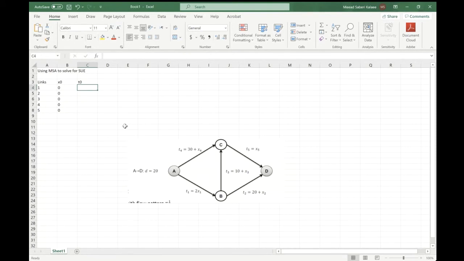So T0, what is the travel time of link 1? It's actually 2 multiplied by x1. Travel time of link 2 is 20 plus x2. Travel time of link 3 is 10 plus x3. Travel time of link 4 is 30 plus x4. And travel time of link 5 is actually equal to 5. So that is my